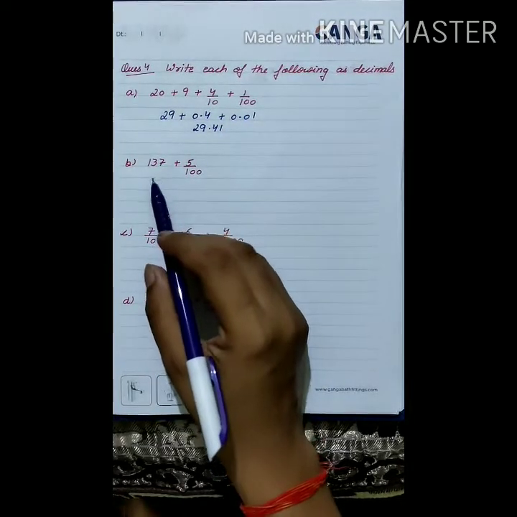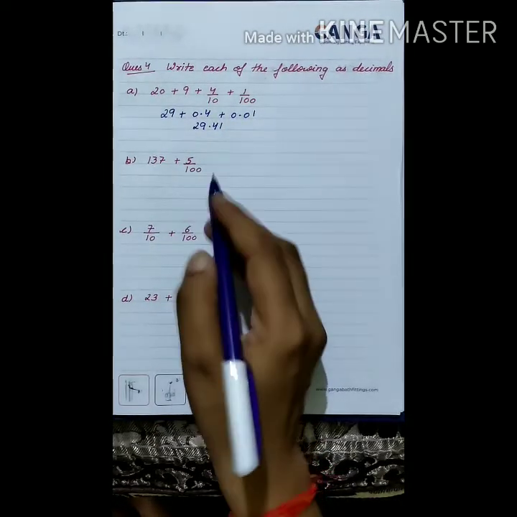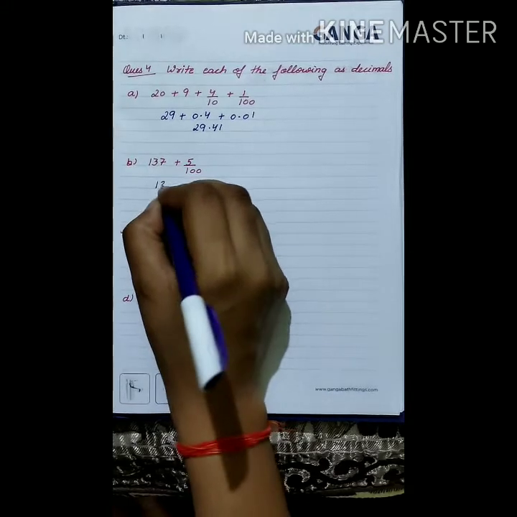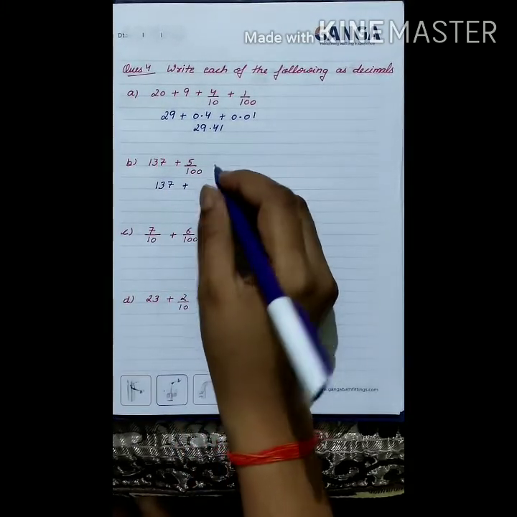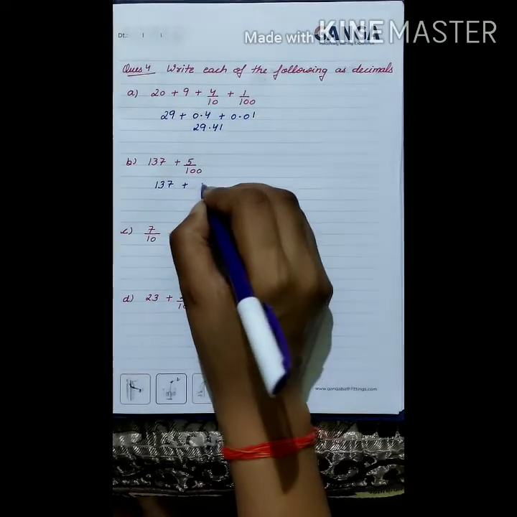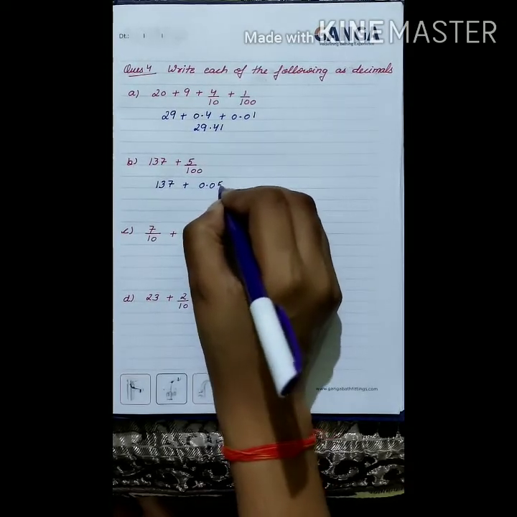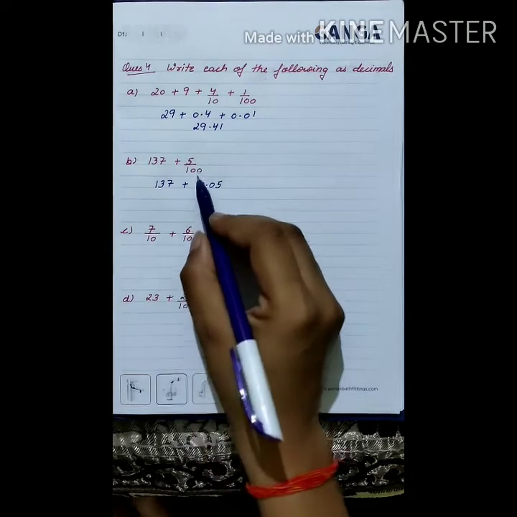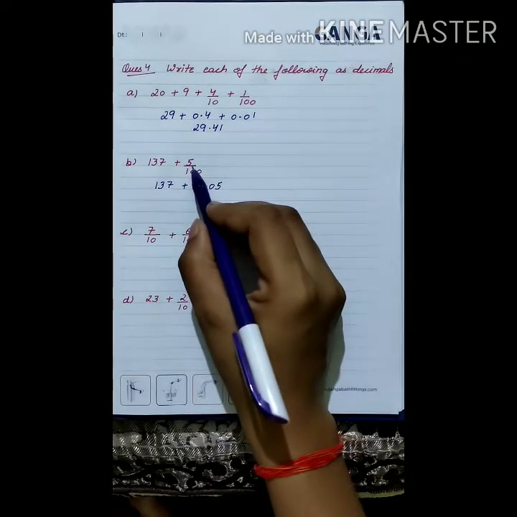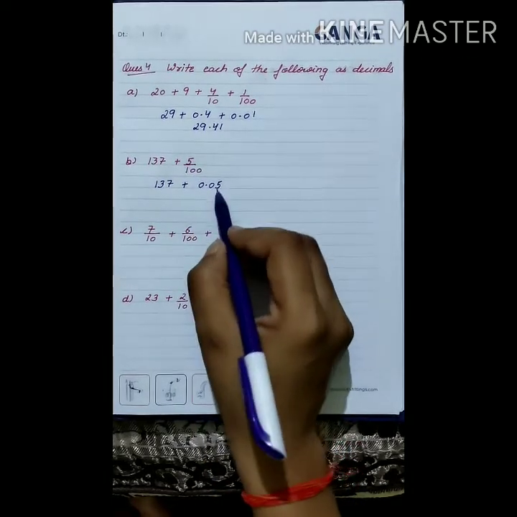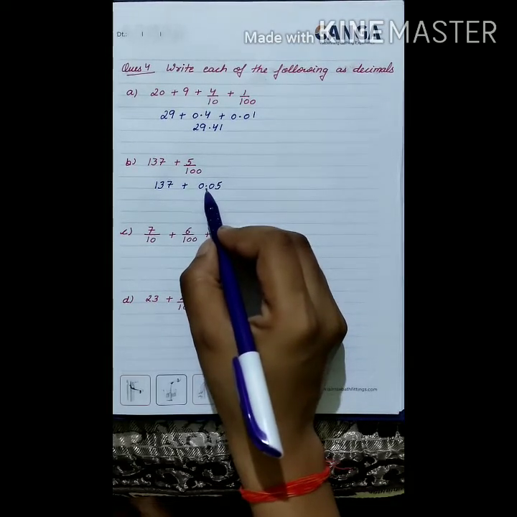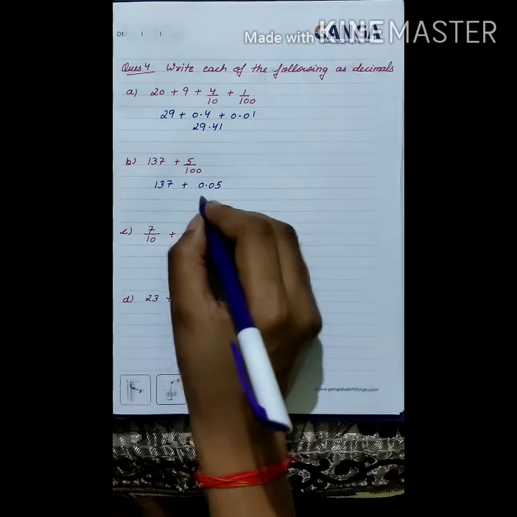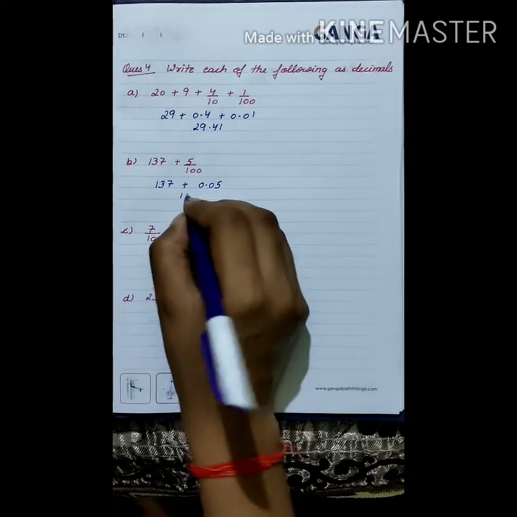B part, 137 plus 5 upon 100. 137 as it is, plus 5 upon 100 is equal to 0.05. Here we have 2 zeros in the denominator but only one digit in the numerator. So firstly we form two digits to the right of the decimal point and then we put 0. And 137 plus 0.05 is equal to